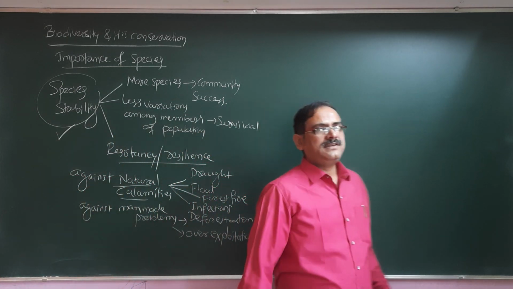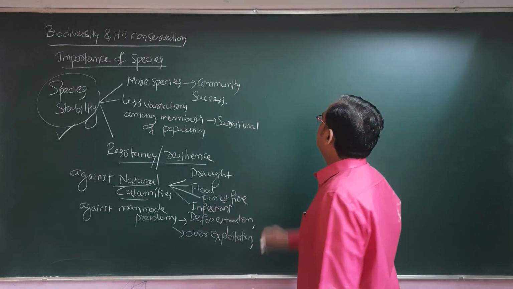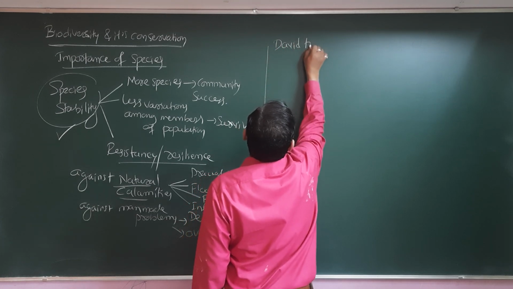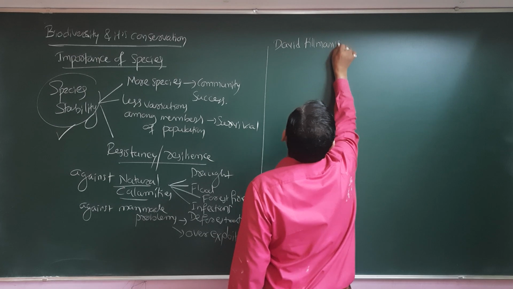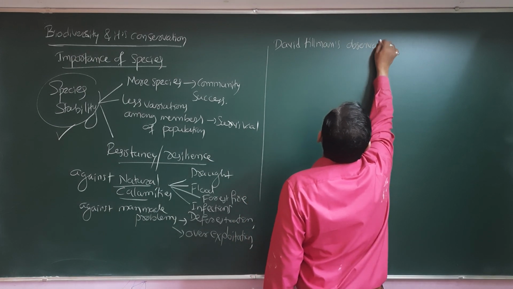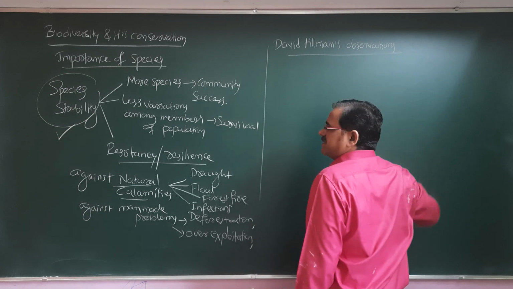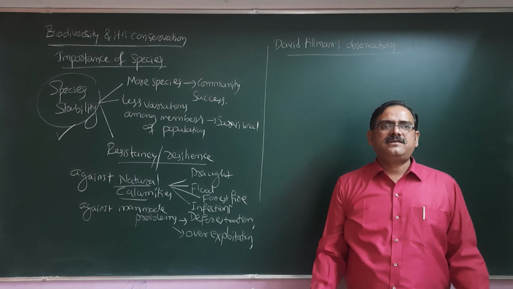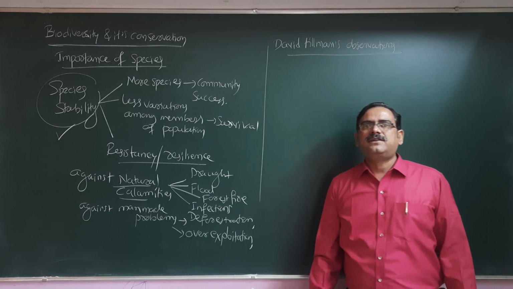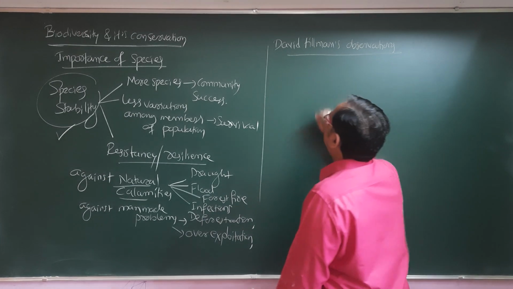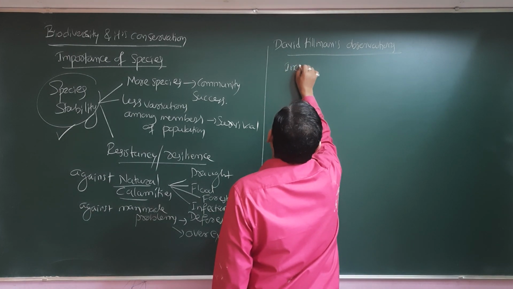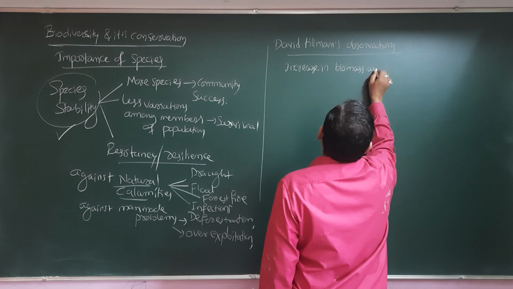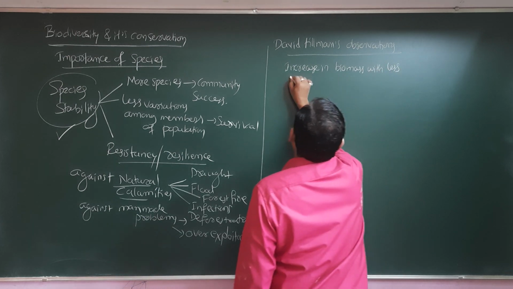This kind of thing was mainly observed by David Tilman. So what did David Tilman observe? David Tilman's observations say that an increase in biomass, or more variation in the plants, is very essential for the survival of species. So he says that an increase in biomass with less variations